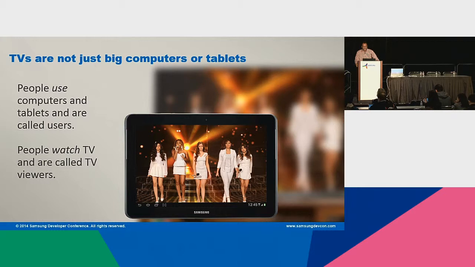Now, TVs are not just big tablets. That's something for us to get our minds around. So this different language describing TV usage highlights that TVs differ from these other devices and how and why they're primarily used. So these are important differences that have a bearing on the appropriateness of an app for TV. So a killer app on a computer or a tablet may not totally be appropriate for TV. And I'll tell you a little bit why.